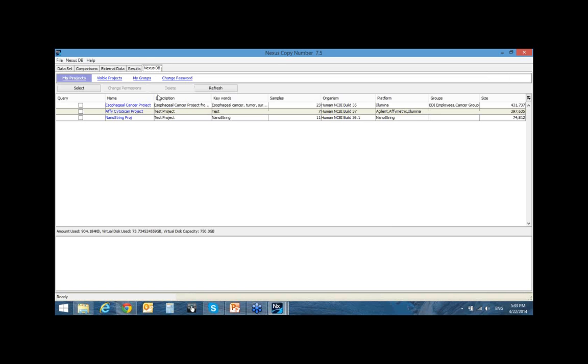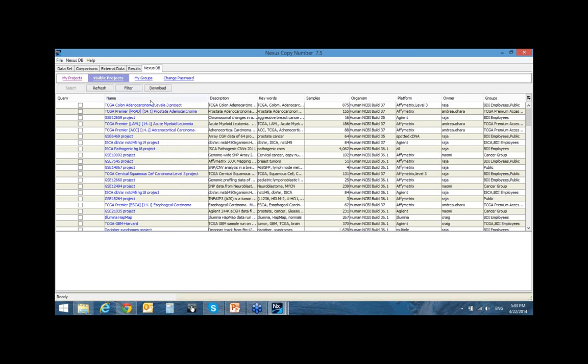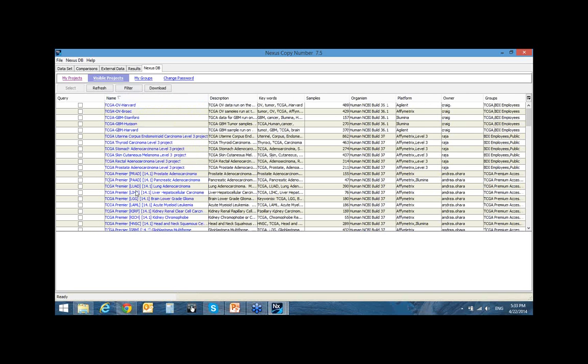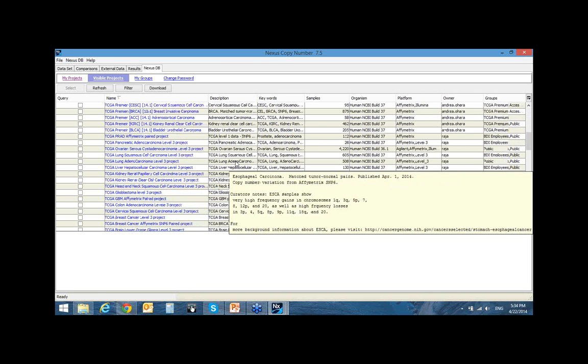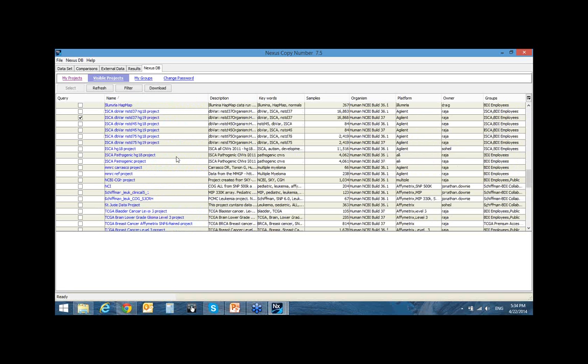As you can see, we have visible projects. We uploaded lots of projects for people to use, either download or query, depending on what kind of study you want to do. So here you can see, if you sort by that, we have a lot of TCGA, that's for cancer research people, a lot of TCGA data. And also, you can see we have the ISCA database, that's for the constitutional people. Like here, of the ISCA